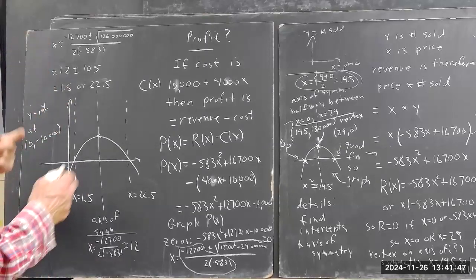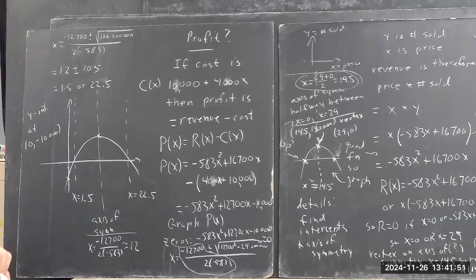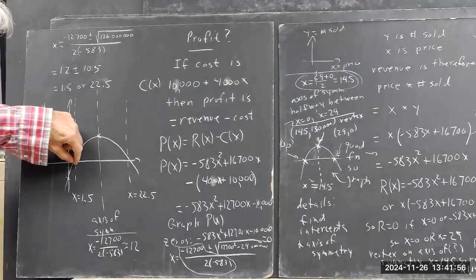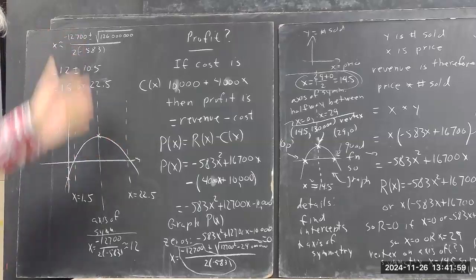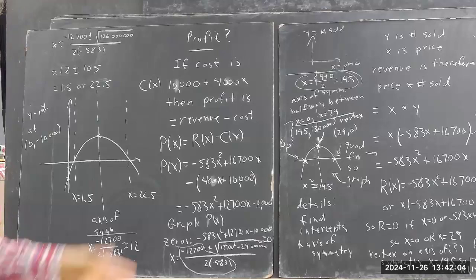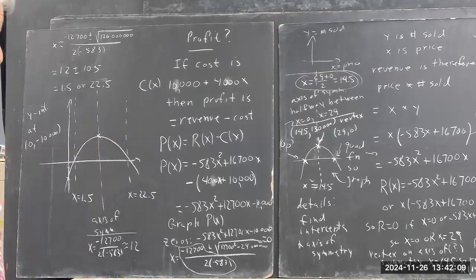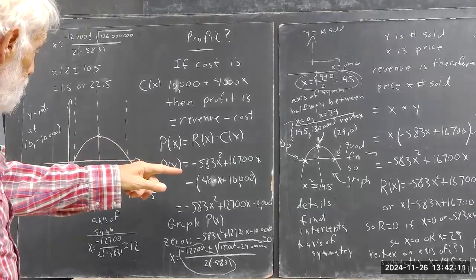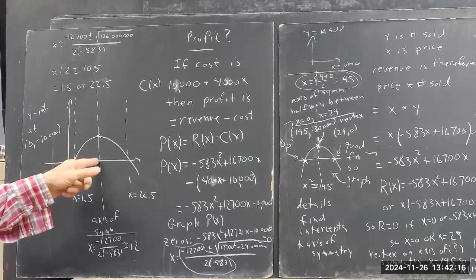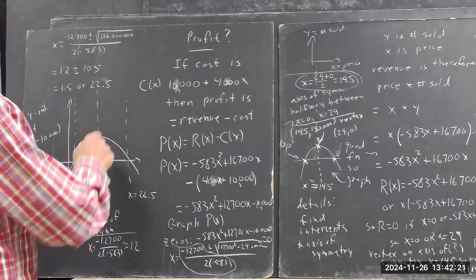Another way to get the axis of symmetry is what we did before. Average this number and this number. We did that with the revenue function. So we could take the number halfway between here and here. Because of the symmetry, these numbers have to be the same distance on either side of the axis of symmetry. And that's where our plus and minus is. Plus takes a certain distance on this side, the minus takes a certain distance on this side. The axis of symmetry is halfway between. So now we estimate our vertex